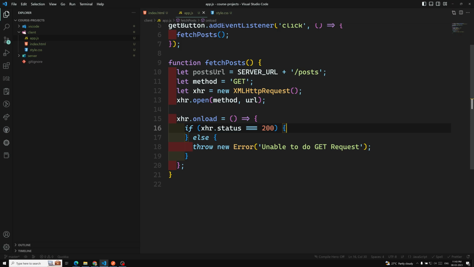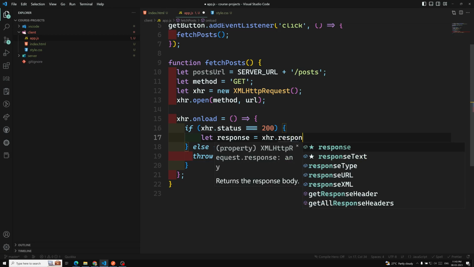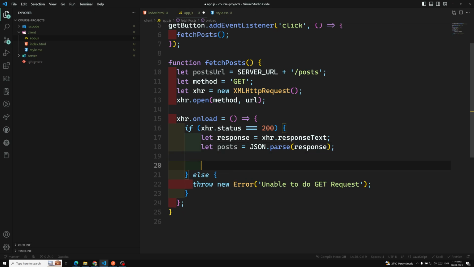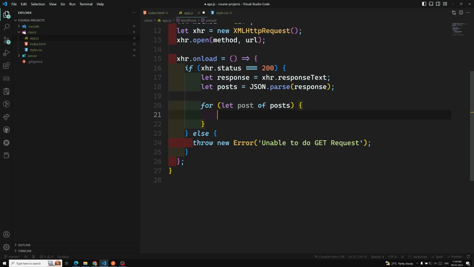So now if xhr.status is equal to 200, let's take let response equal to xhr.responseText. I am trying to take the response text. Okay, and this one we know that it is a JSON thing. So let posts is equal to JSON.parse. So we are converting into a JSON response, I think, like this. So we need to loop over the posts, each loop let post of posts. Okay, so we need to loop over each one, and here I can take something like let tableRows equal to empty,